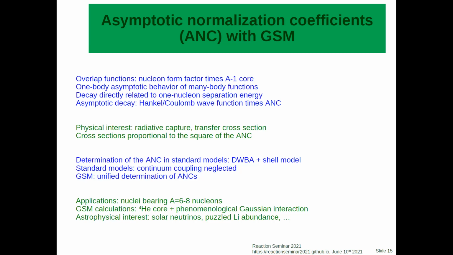This is of important interest from astrophysics because there are several processes of astrophysical interest which can be related to these cross sections, such as solar neutrinos or primordial lithium abundance, which will be mentioned also in